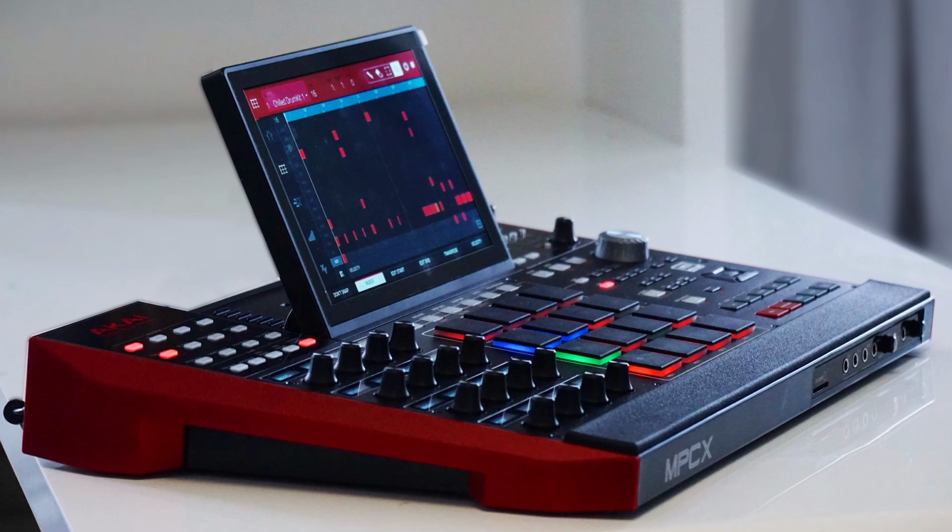I knew when that came out that it was going to be some stuff. You had a hardware unit, and you could tether it to your computer and use the software. So you had the best of both worlds. And I knew that Maschine, Native Instruments, was going to have to step their game up. So what happened?